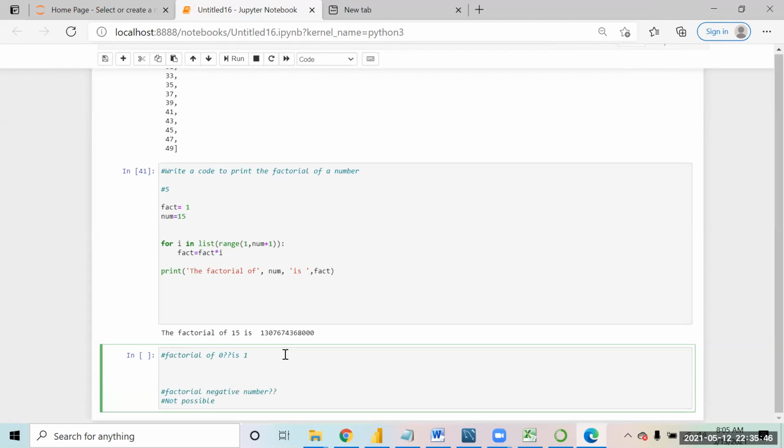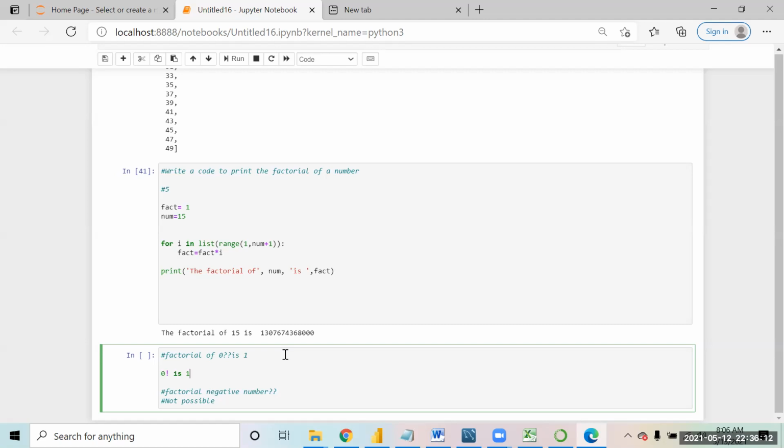How is 0 factorial 1? No, this is something that is defined. This is as per the mathematics rule that has been defined. Like 5 into 4 into 3 into 2 into 1 into 0, it is considered up to 0. Basically 0 will make everything 0, so that is why 0 factorial is given the number 1. This is something mathematically defined.